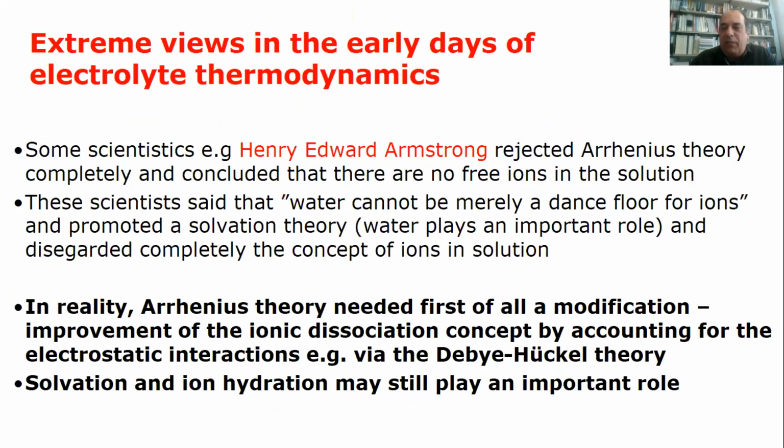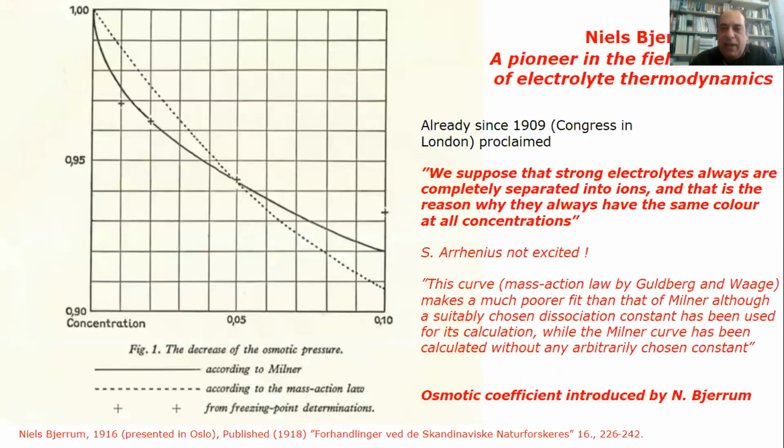There were people that even totally rejected Arrhenius' theory because it ignored the role of water. But nevertheless, Arrhenius' theory was fine from my point of view, but it had to be corrected for the electrostatic forces. And Niels Bjerrum has actually shown that already in 1909. At that time, we didn't have the Debye-Hückel theory, but what we had was the theory of Milner